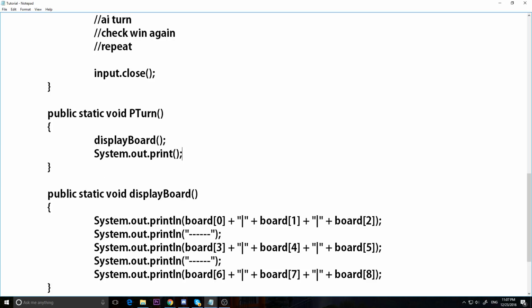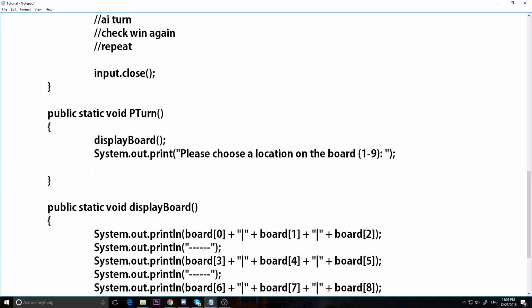.out.print. I'm going to say please choose a location on the board, right? Now in parentheses, to give them a little hint, it's going to be 1 through 9, right? We want to give them a little hint. Now what I'm going to do actually is instead of doing like int input, I'm going to say string